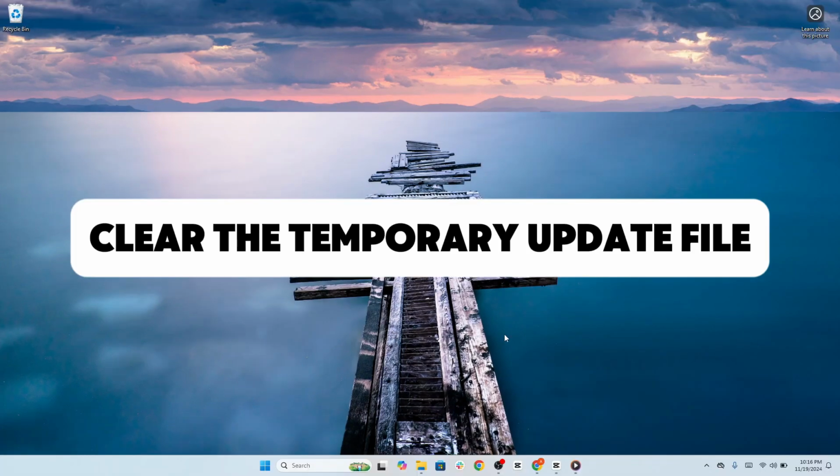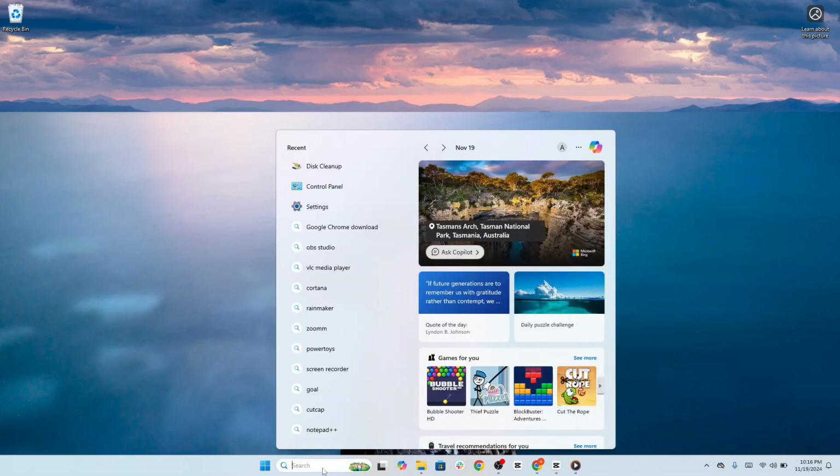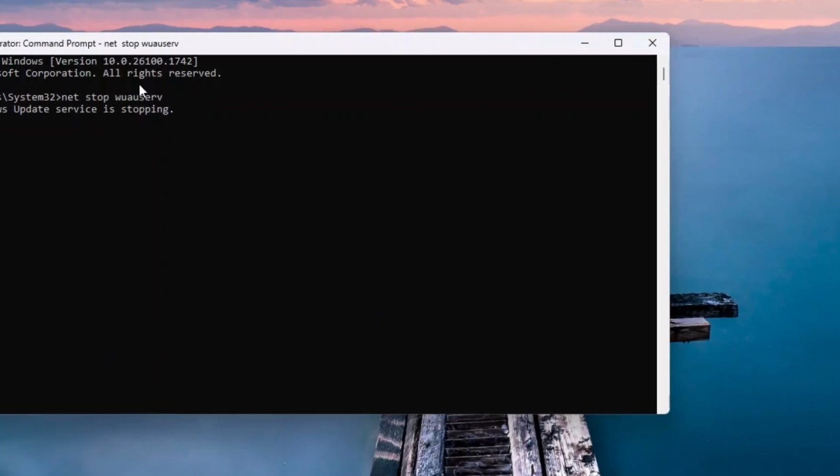Another effective fix for the Windows 11 24H2 update error is clearing out the temporary update files. When Windows downloads update files, it stores them in a folder called Software Distribution. If these files get corrupted or incomplete due to an interrupted download or a system glitch, the update process can fail. To clear the folder, you should open Command Prompt as an administrator and type the net stop command and hit